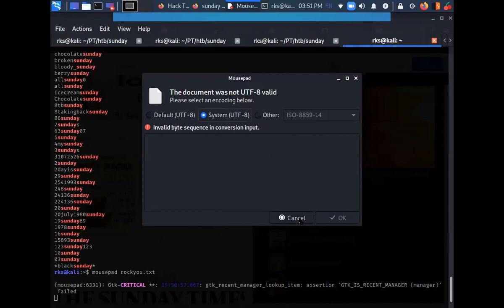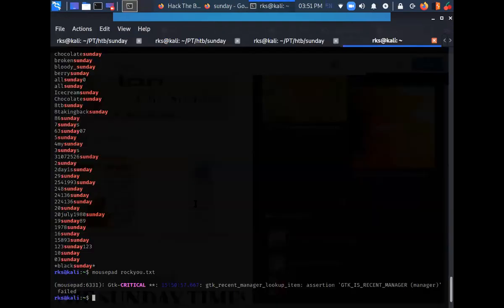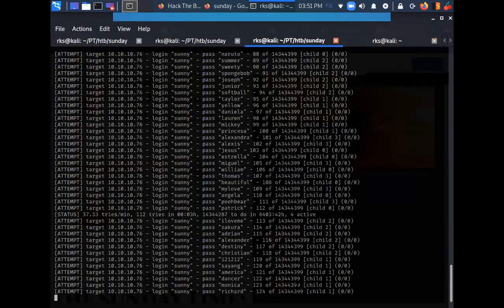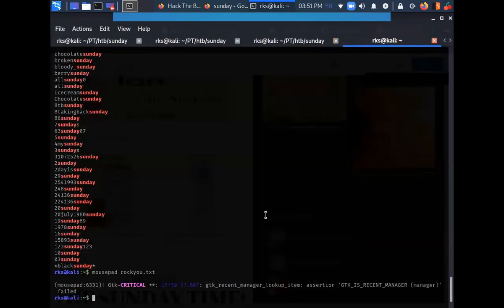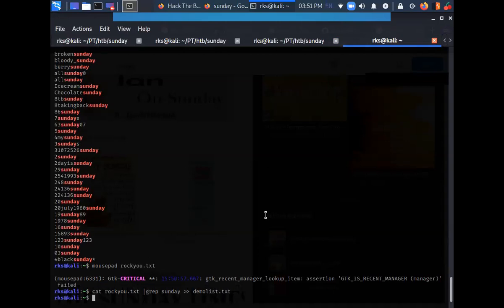Not able to open it. Okay. Instead of going through all this lengthy brute force, let's do one thing. Let's try to save a new word list, let's say demo list.txt.